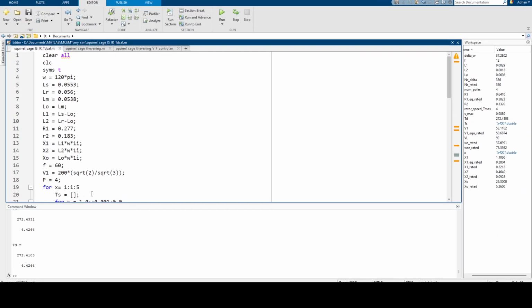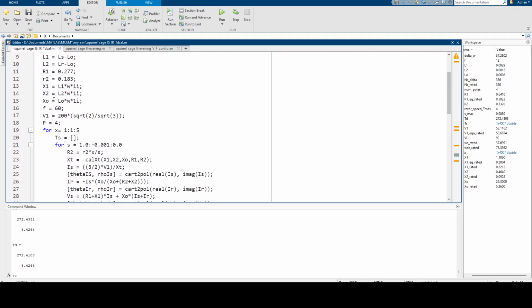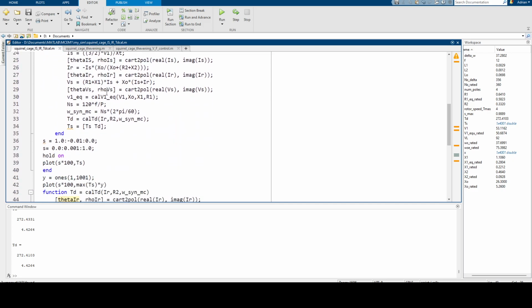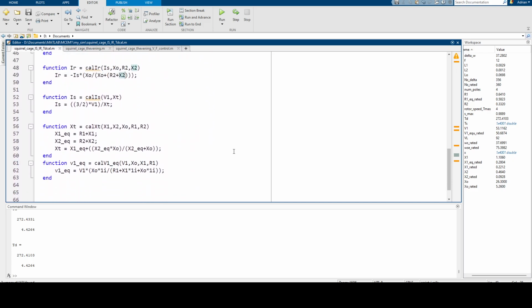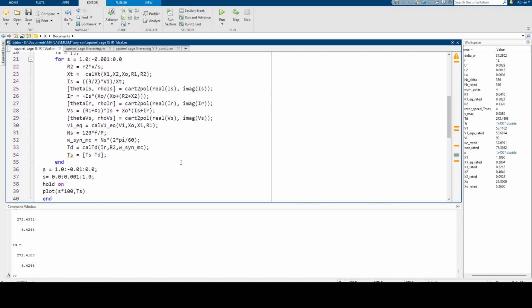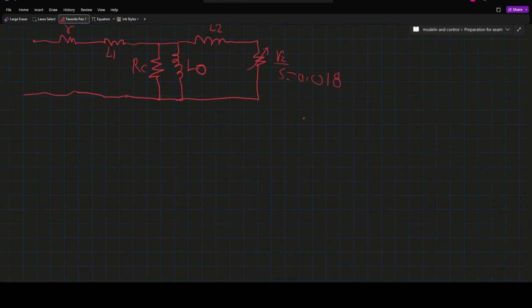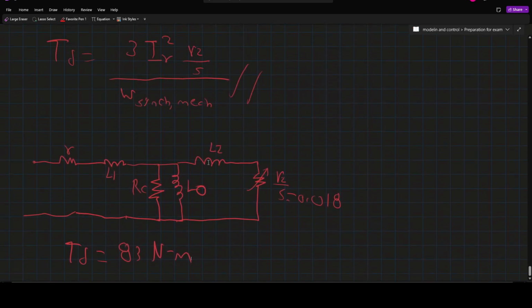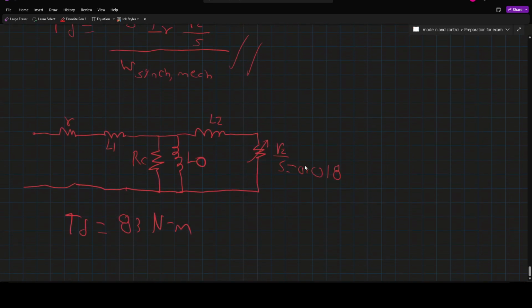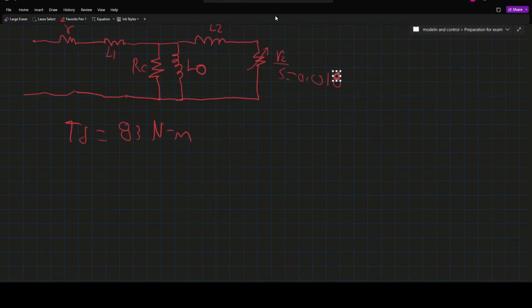So because I was doing this in MATLAB, I can just change the slip value from 1 to the one they are giving us there and get our developed torque of 83. So I know that this looks a little bit like cheating, but it is just because I have the same formulas, just change the slip. Okay,